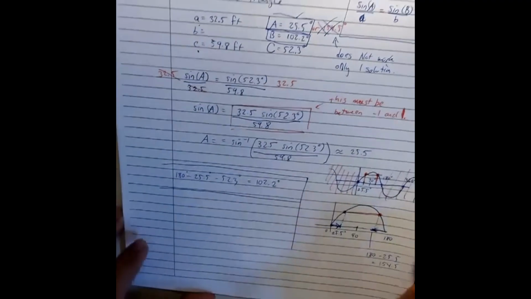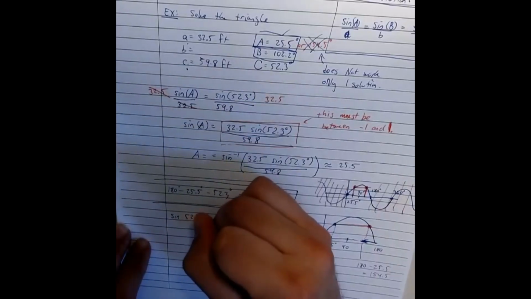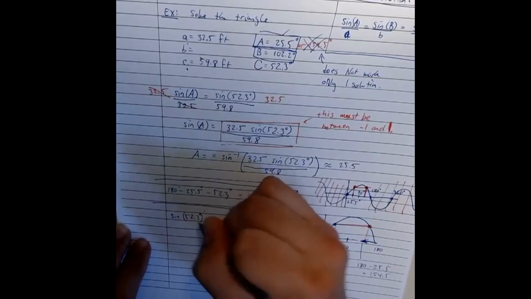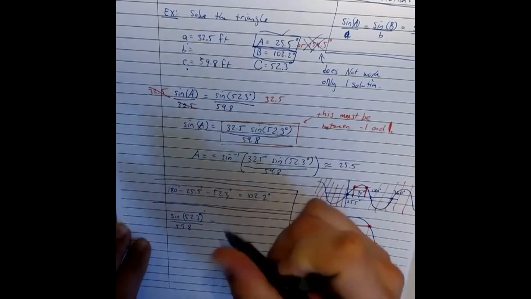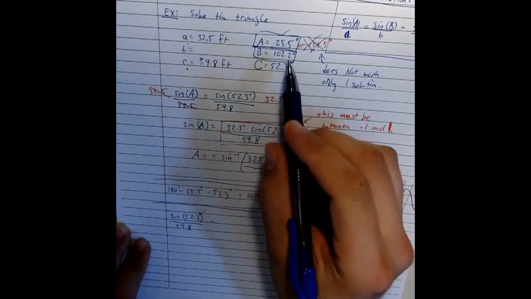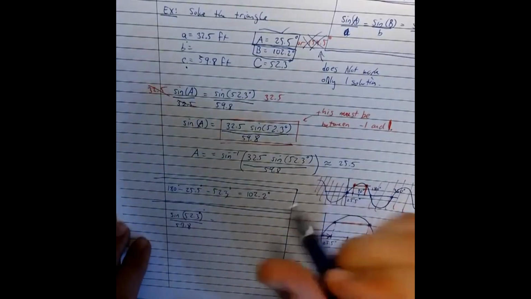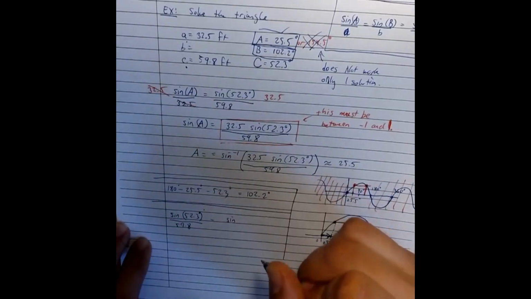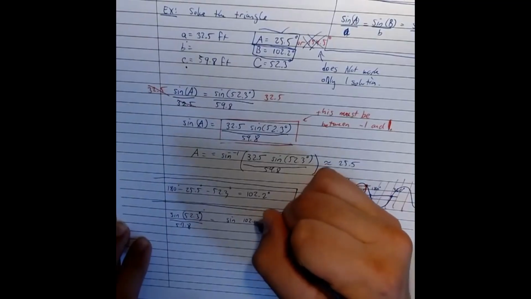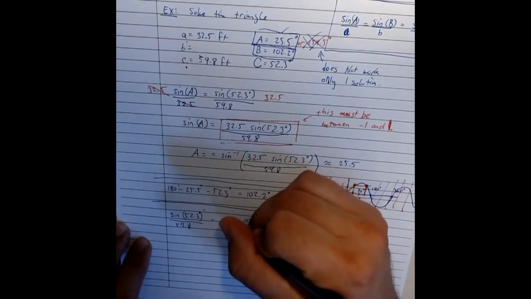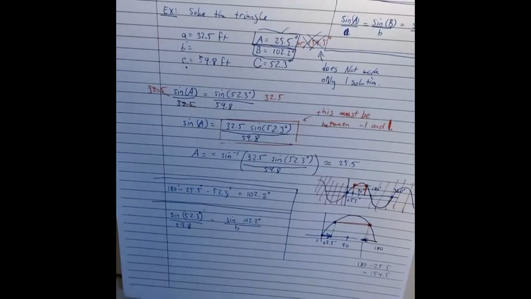The law of sines tells us that the sine of the angle C, which would be 52.3 degrees, divided by the side length c, which is 59.8, is equal to the sine of 102.2 degrees over b. Now at this point you might protest and say, well, wait a minute, you told us